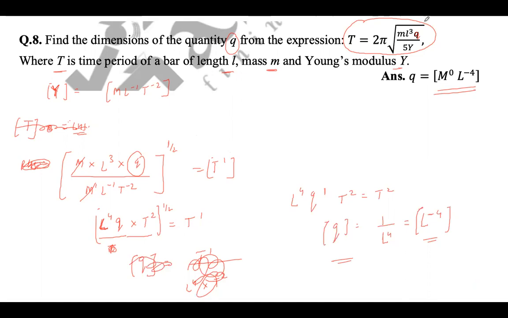So we had to find the dimension of Q. Using this principle of homogeneity of dimension, the concept we are using here is the principle of homogeneity of equation. यही concept use कर रहे हैं, दोनों तरफ dimensions को equate कर रहे हैं LHS और RHS में, और उनके dimension को equate करके जो unknown quantity था जिसका हमें dimension निकालना था उसको हम लोग separate करके निकाल लेते हैं.